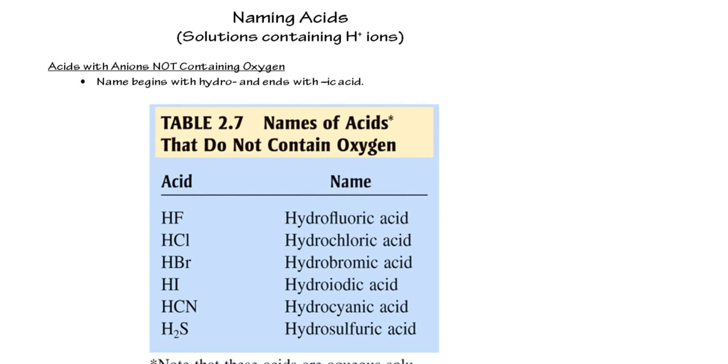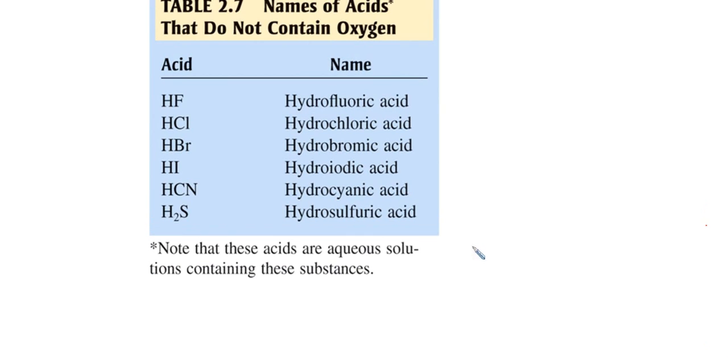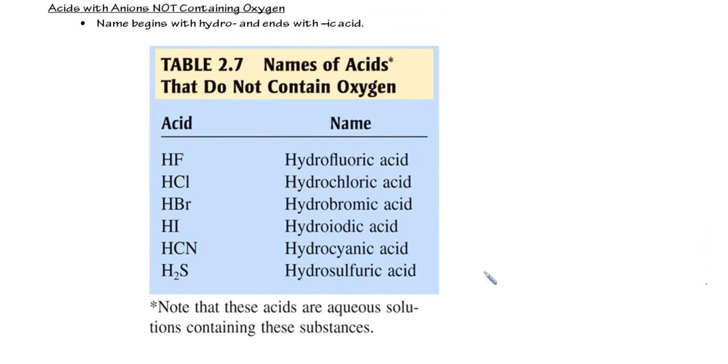Two options. You can have acids with or without oxygen. So here are some common acids that do not contain oxygen. And I think of these, maybe hydrochloric is the most common. You've probably used hydrochloric before. And that's exactly how they're named. So if I don't see oxygen, but I do see hydrogen, and it's usually in the front of this formula because hydrogen is the positive ion, we go hydro, and then we end it with ic acid: hydrofluoric acid, hydrochloric